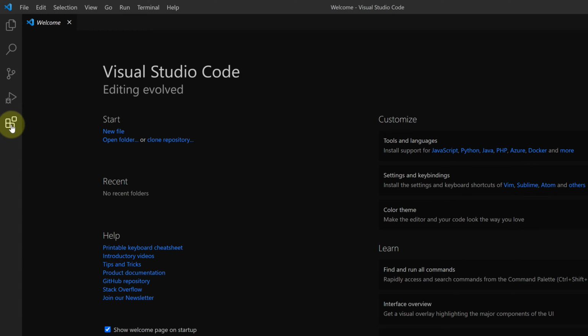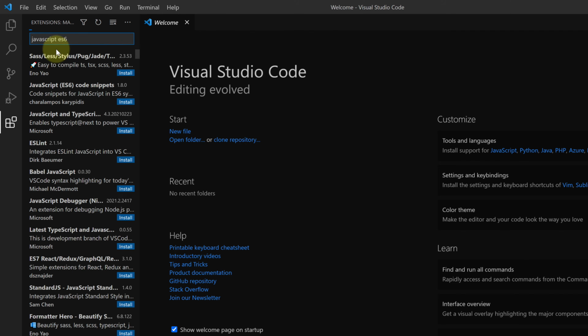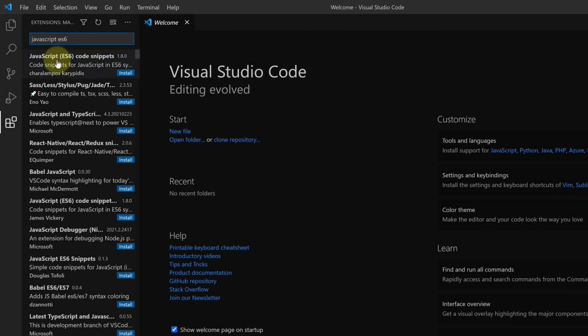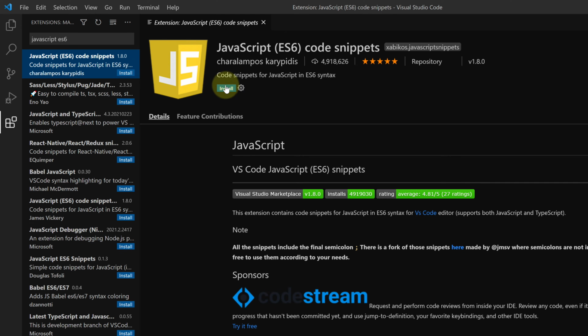Now click on the Extension button and in the search bar type JavaScript space ES6 and select the first option. Now click on this small install button. It will install code snippets for JavaScript in ES6 syntax.